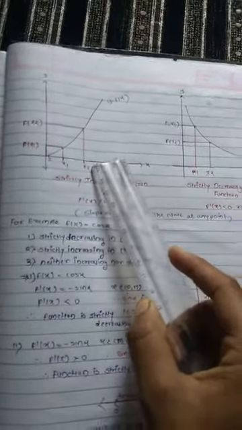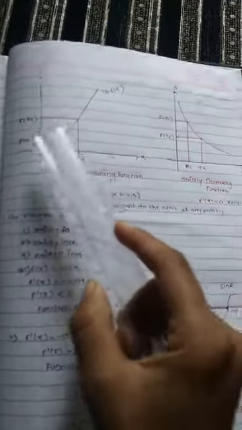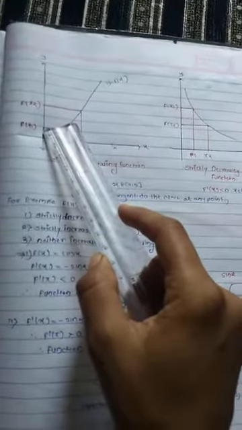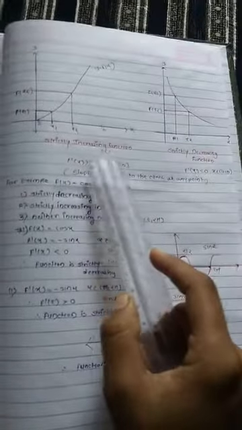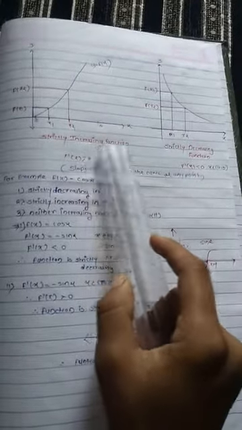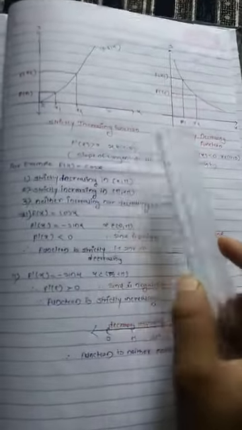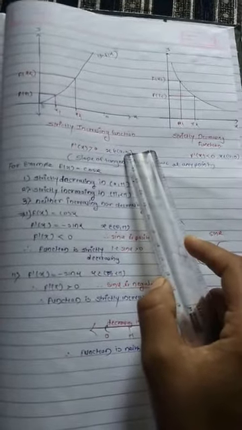Consider this function y = f(x). x1 is here and x2 is here, x2 > x1, the image of x1 is f(x1), the image of x2 is f(x2), f(x2) > f(x1). Therefore, this function is said to be strictly increasing on the closed interval [a, b]. Its slope is positive, therefore for a strictly increasing function, f'(x) > 0, x belongs to the open interval (a, b).